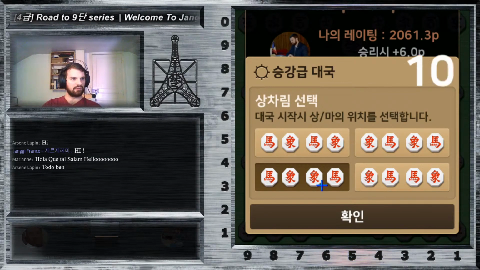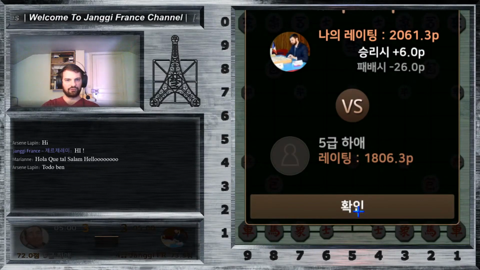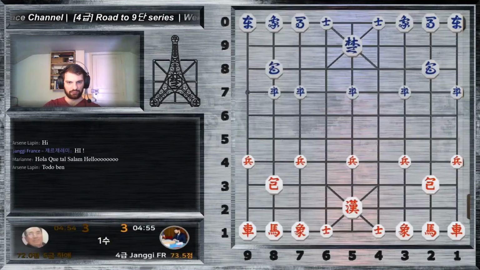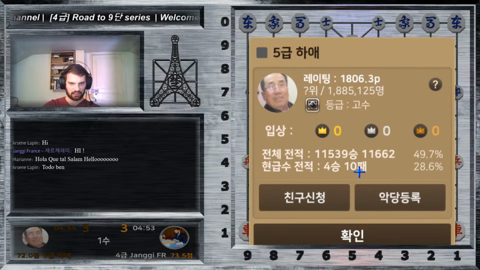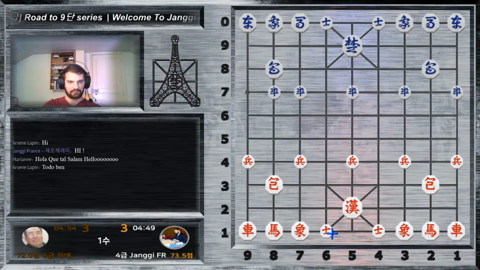And we begin with, say, Han. And I go for inner elephant, since it works. So we are 2061 Elo against 1800 Elo, so that should be okay, and he played tons of games. Alright, so